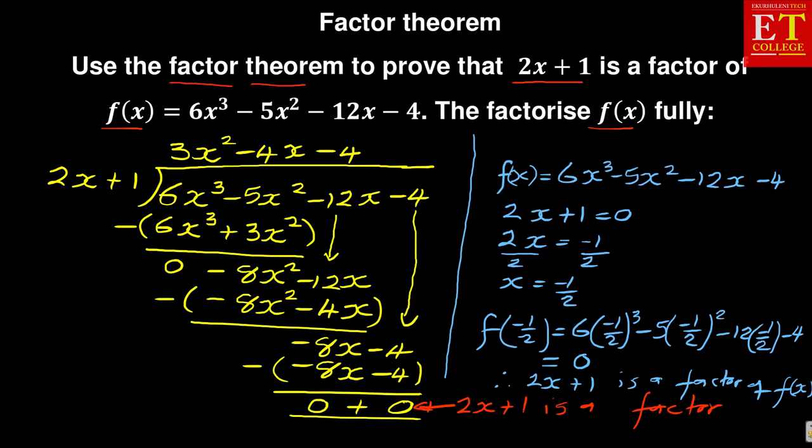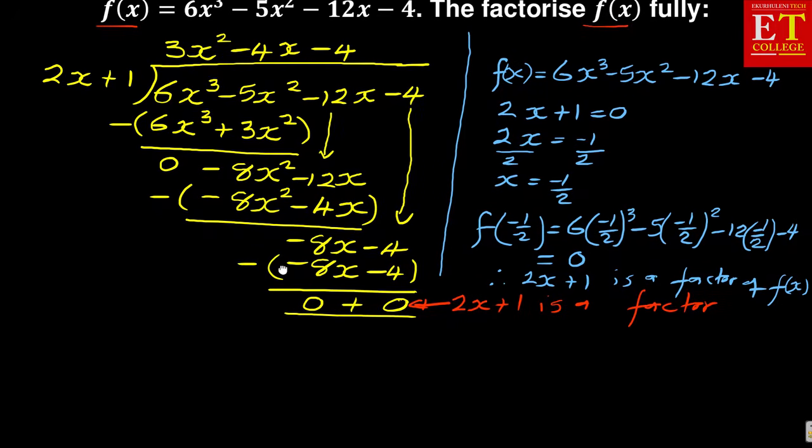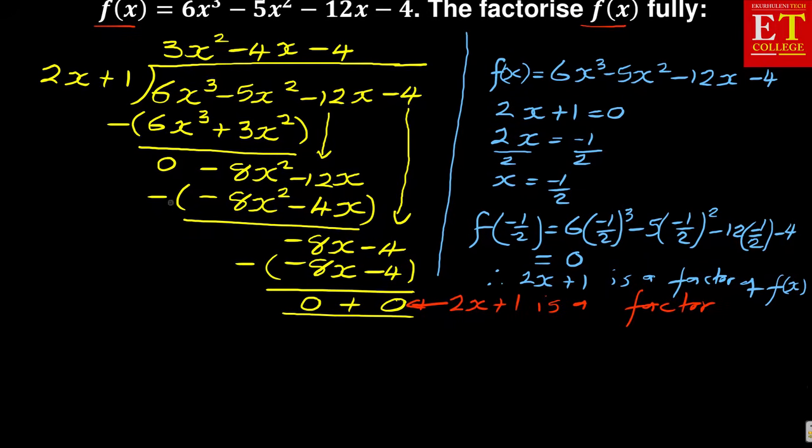And then as you can see, the next part of the question says factorize fully. I'm not going to dwell much on this one because we're going to look at it in one of the lessons. But for you to factorize fully, you have 2x plus 1. That is the important part of the long division that we're talking about. So if you didn't do the long division, you are not going to be able to factorize fully, because you need that and the answer that you got there, so that you can write it as